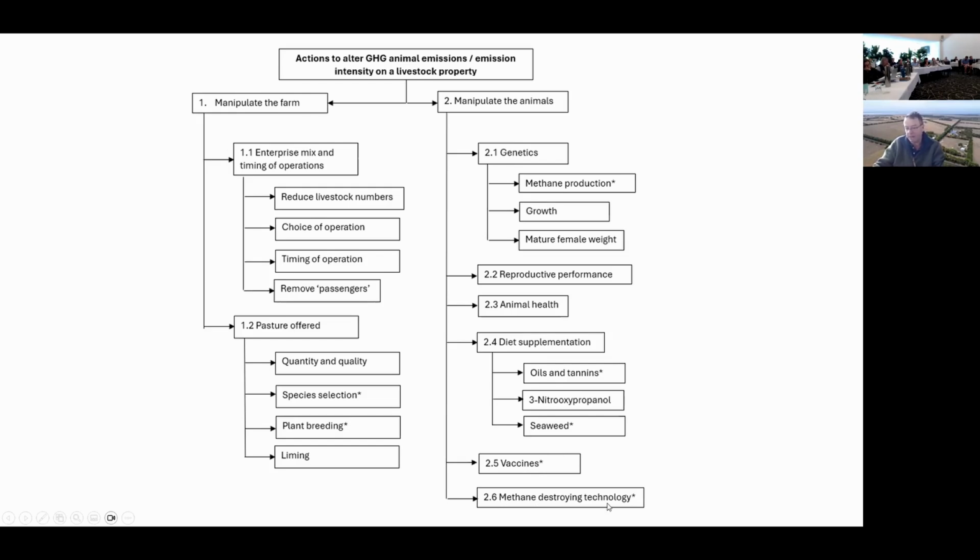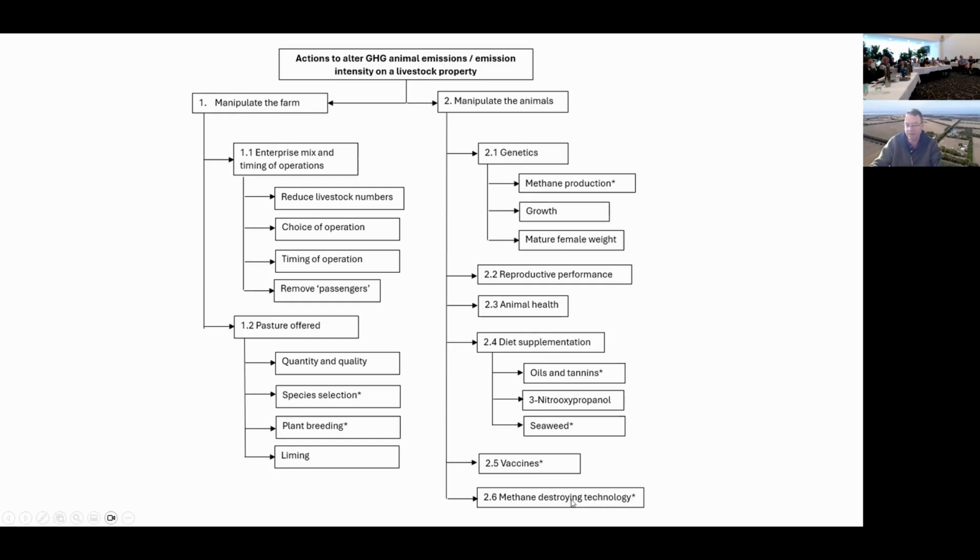And the last one is methane destroying technology. This exists at the moment. It's the UK company. It's called ZELP, so Zero Emissions Livestock. I should have put a photo in for you, but it's basically like a harness that goes on the head of the animal, and as the methane is breathed out, it captures it and turns that into benign gases. So it basically burns up the methane as the animals breathe it out. Obviously works better in things like dairy situations than it would in broadacre grazing. But that's another bit of technology that's sort of about in a niche market at the moment.